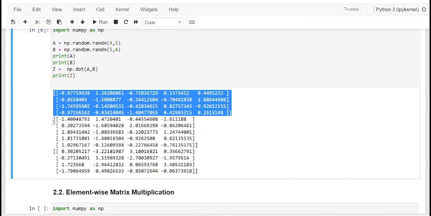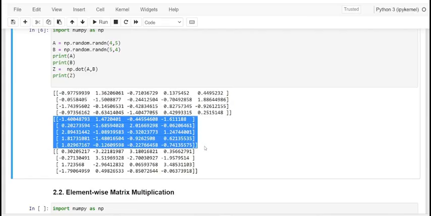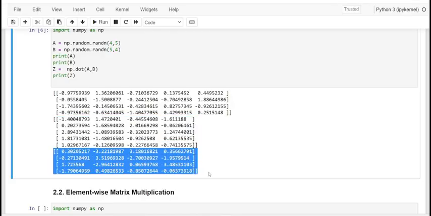And coming to the matrix B, we have 5 rows and 4 columns. And when producting it with the dot function, we get the multiplication of the matrix A and B. And here is the resultant.